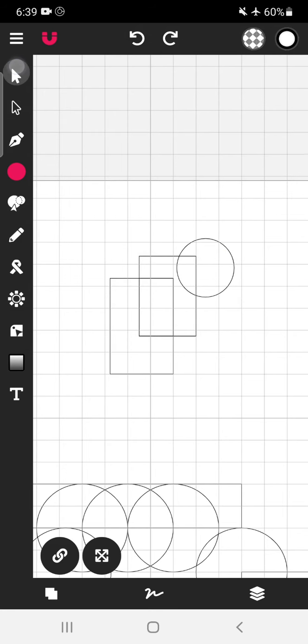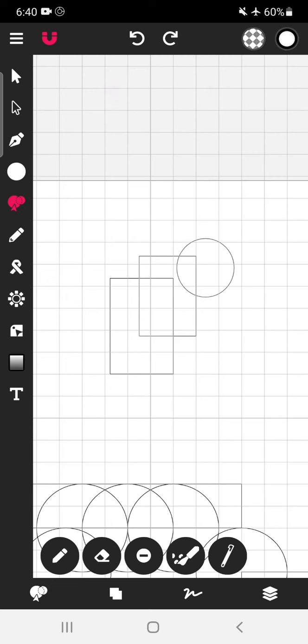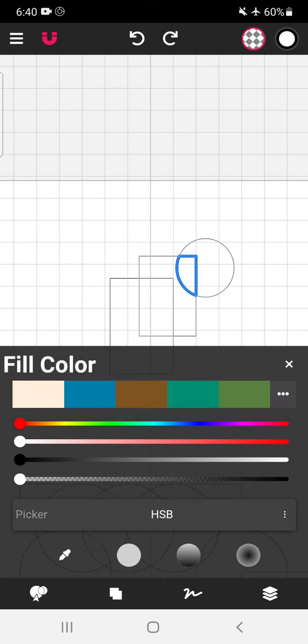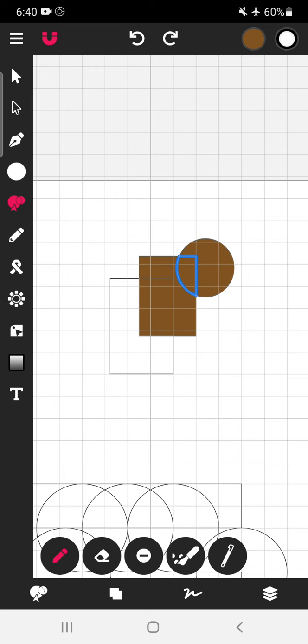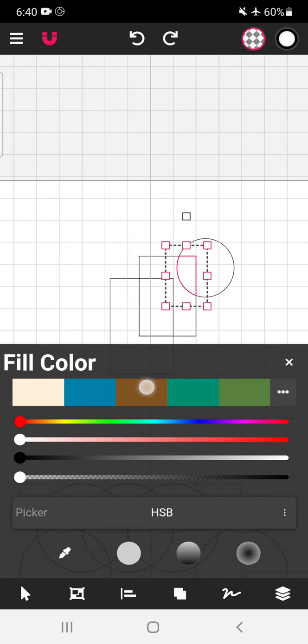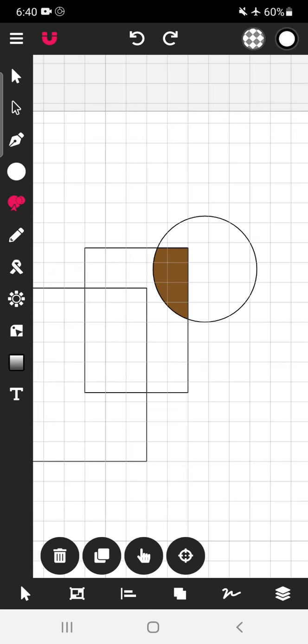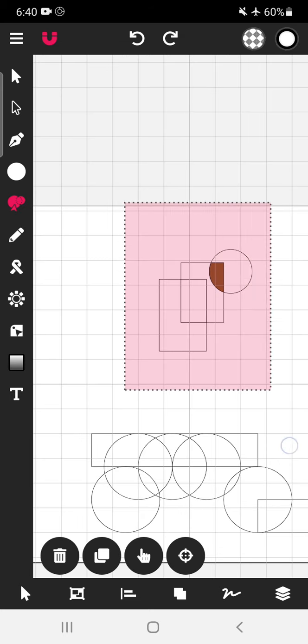If it is circle and we want this much area, okay, select, go to shape builder tool, join mode, this much area we have selected, then tap on this, tap on color and undo option. With undo we can see the reference points have not lost. At the same time we have got this shape separately available. So shape builder tool has worked. At the same time our reference points are also not lost. So now let's delete this.